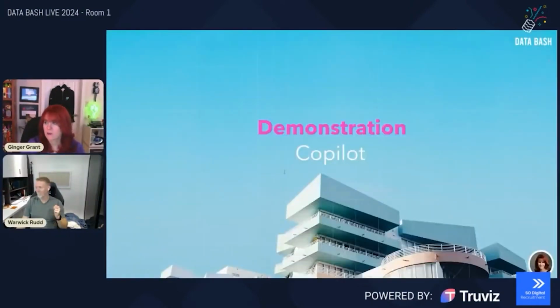Great. So now that it is sharing, we can take a look at Copilot. All right, so with that, I'm going to go ahead and have it run Copilot. So notice here, I can see my notebook that's got everything inside of it. And Ginger, I can, yeah.